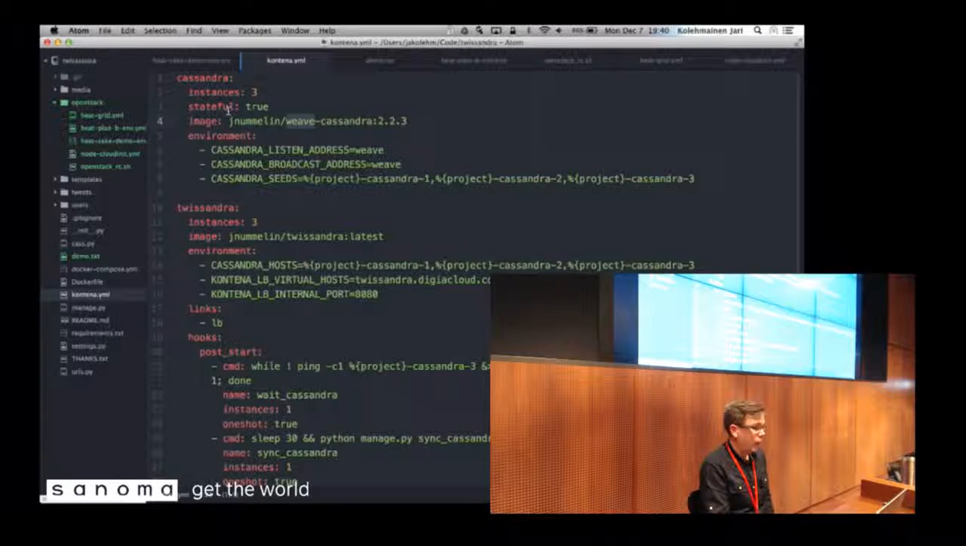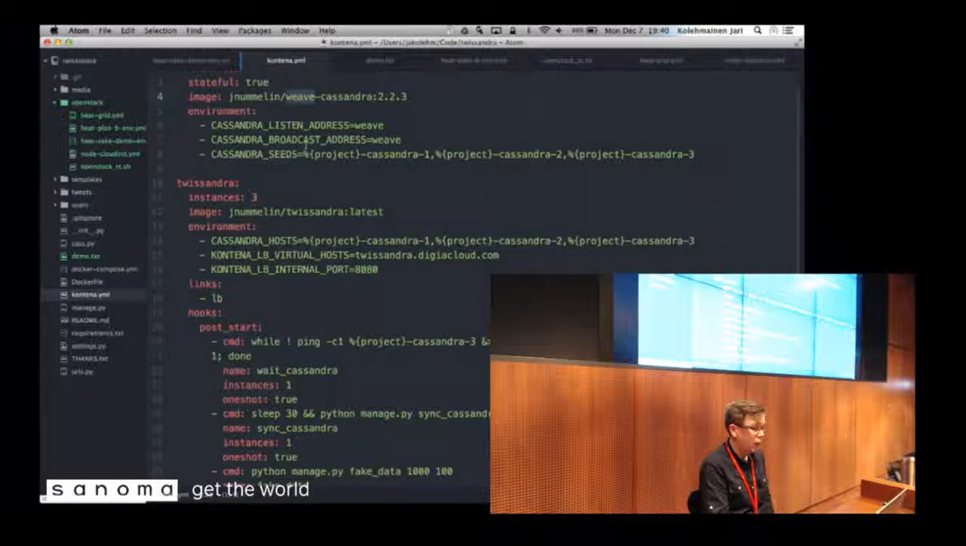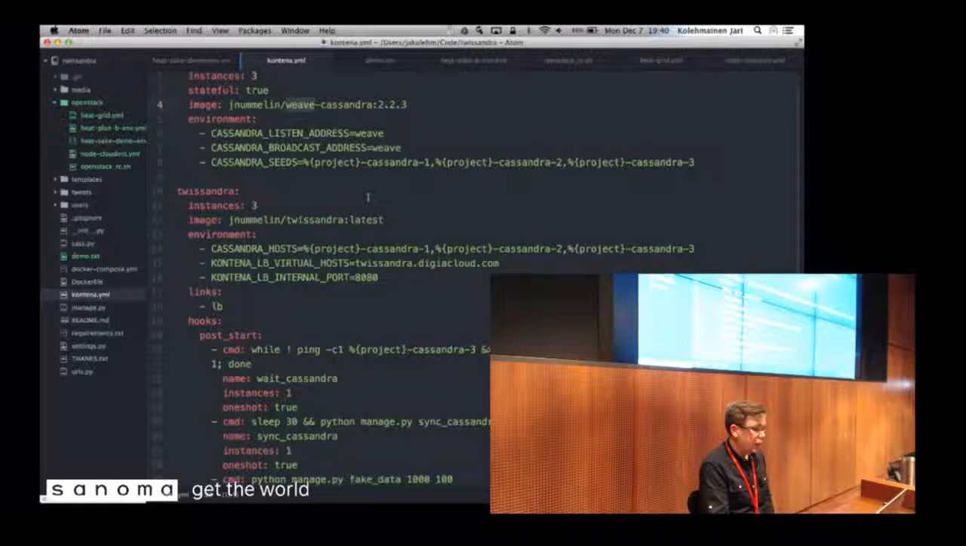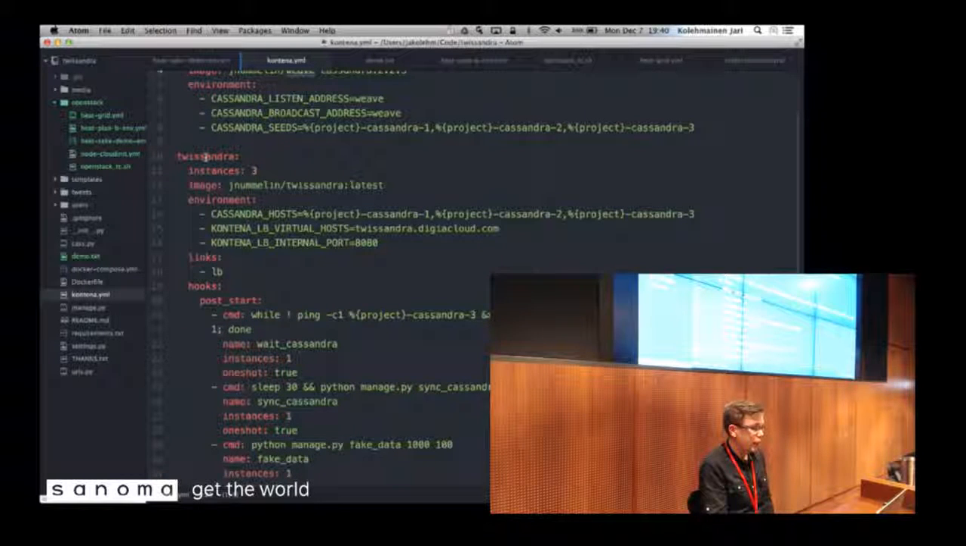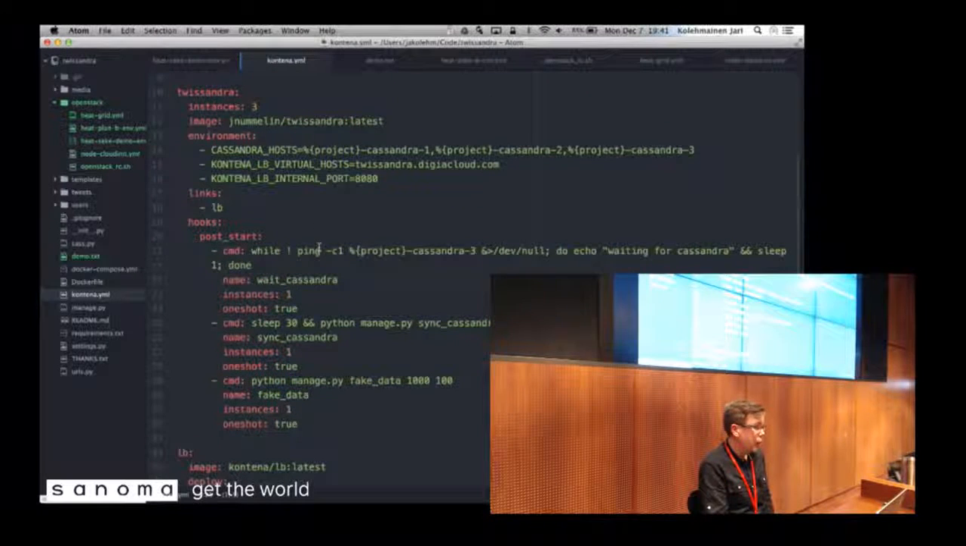And then we just said that it's using Jussi's fantastic Cassandra image that is working nicely with the overlay network, and we have a couple of environment variables for the Cassandra. And then there is this actual application that is Twisandra, and we said that we also want 3 instances for that because we have a 3-node cluster. So hopefully it will spawn 1 instance per node. And there's also Jussi's Twisandra image and some variables, and we are linking this Twisandra to the load balancer, and this